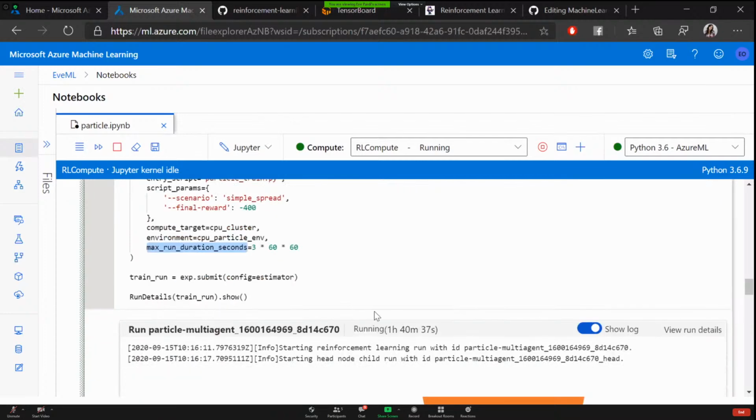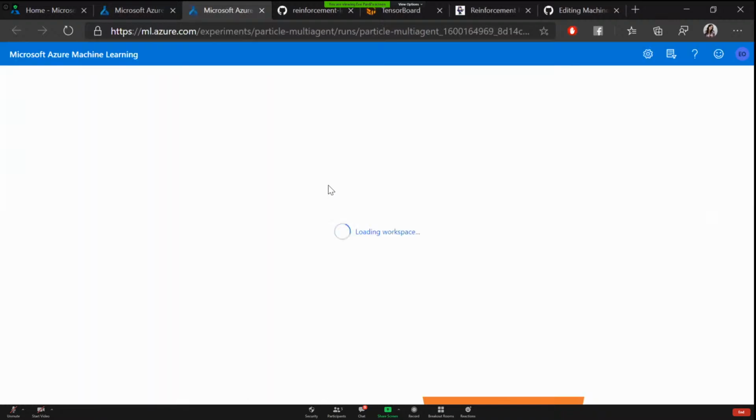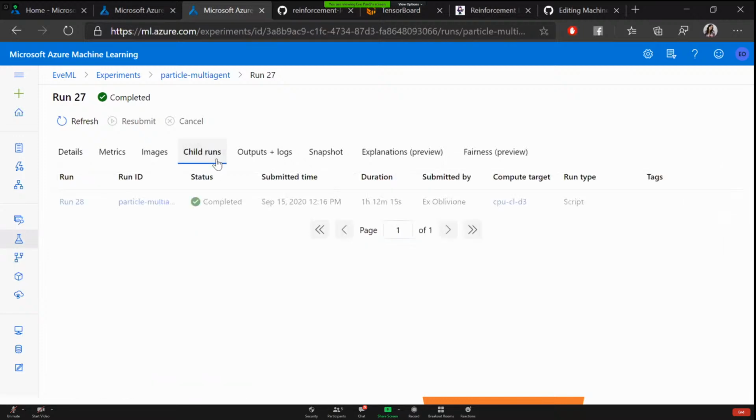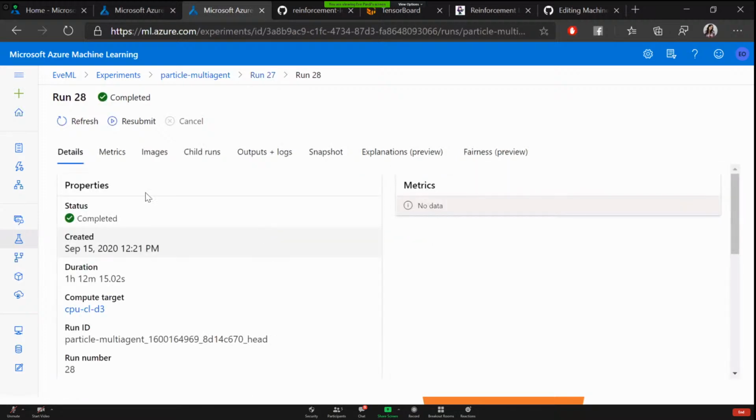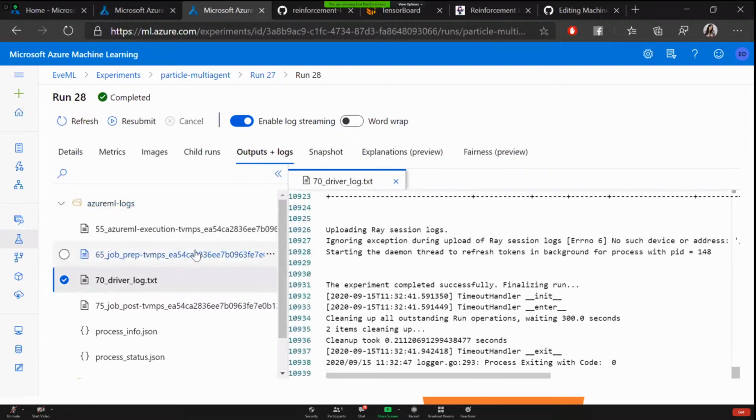And what we also want to do is to show the run details about our little experiment. And if you say, I want to view the run details, you're going to be taken to the experiment straight. And you can see it is already completed. It was too quick. But if you go to child runs, you can also take a look at the logs of these runs. And if you go to outputs and logs and find this driver log txt file,